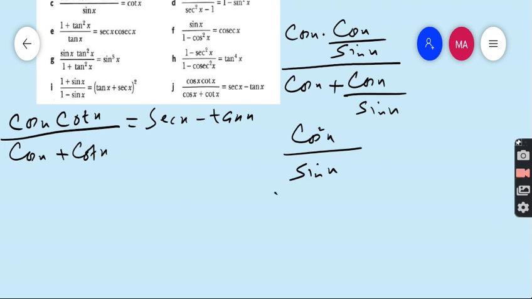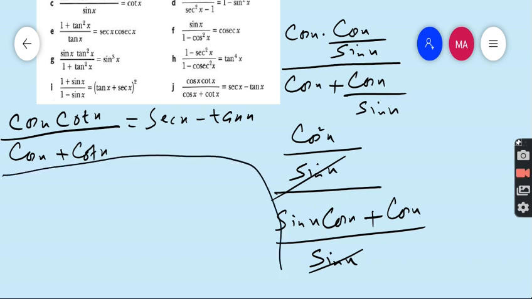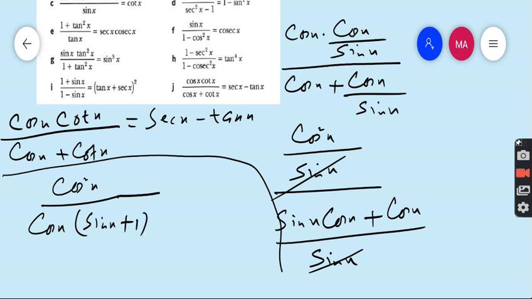Divided by, taking LCM sin x. So sin into cos is sin x cos x. Sin cancels to sin, it is cos x. This sin x is cancelled directly by this sin x. Remaining work over here, so cos square x upon, taking cos x from here, it is sin x plus 1. This cos cancelled by,